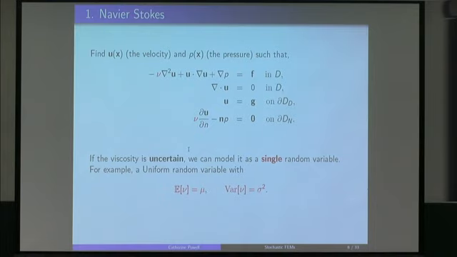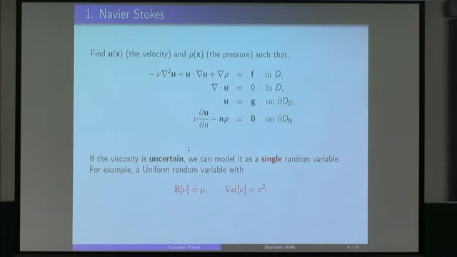So let's just put ourselves in a scenario, perhaps an impractical scenario, but let's say I didn't know what the viscosity was exactly. It's about something, but we're not quite sure. So that parameter is uncertain. Well, okay, we could model it as something that's uncertain. So we could model it as a random variable or a parameter with a particular distribution. We might just know it's between A and B, so we have a range for it. Or we might know a mean value, and we might want to build in a bit of uncertainty by adding on a variance as well.